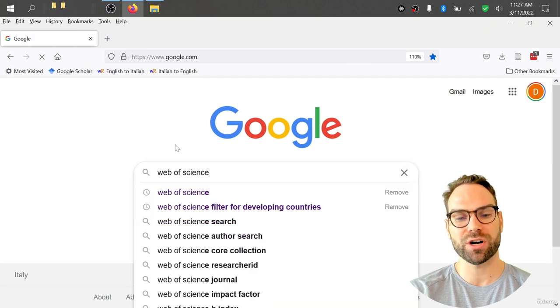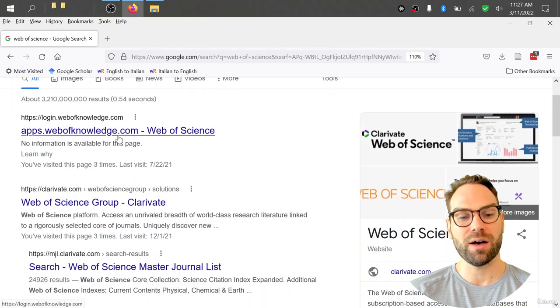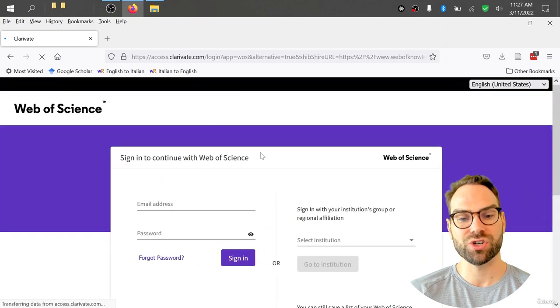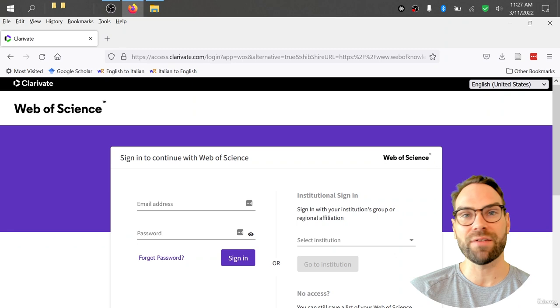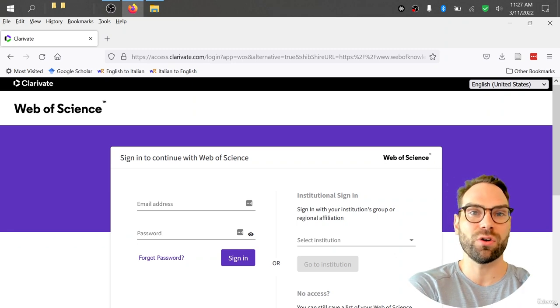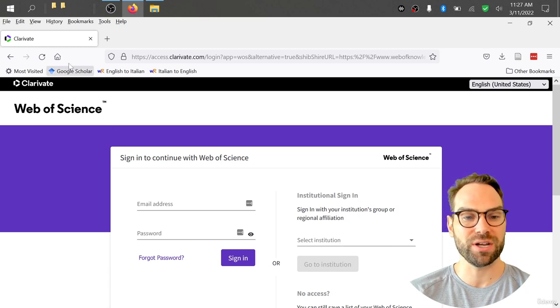Some of you might try to go straight into Web of Science, and you might be able to get in that way. But most of you here is going to ask you for an institutional logon, which sometimes will work, sometimes won't. For me personally, in the university, I've got to log in through a university portal, enter my credentials there, and then go through the university portal to get into Web of Science. That's probably the case for many of you. So if you go here and you keep trying to sign in and you bang your head against the wall,